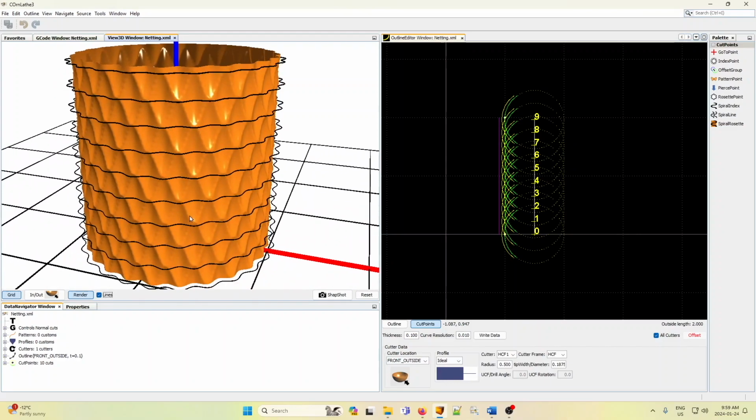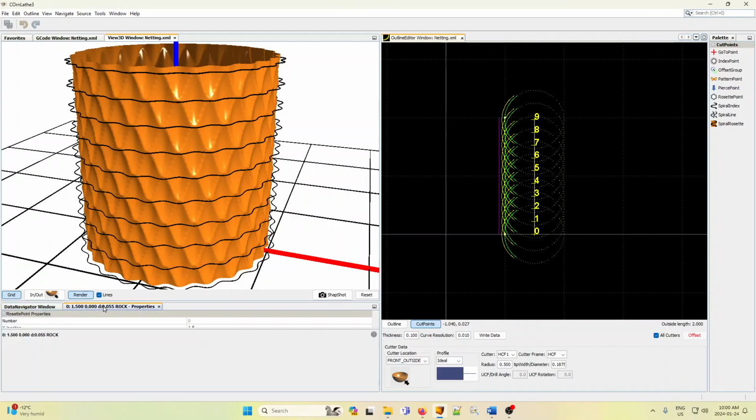And you can start to make changes if you want. This is where this window comes in handy. There's 10 cut points. They start at 0 at the bottom and go up to 9. If you click on this, you can see features of all the cut points. So the first cut point, 0, you can look at that